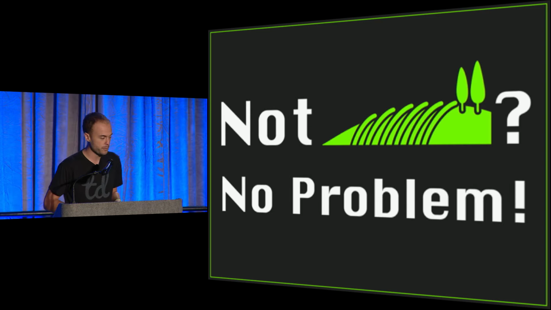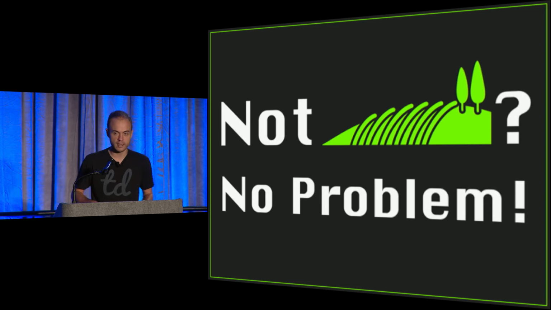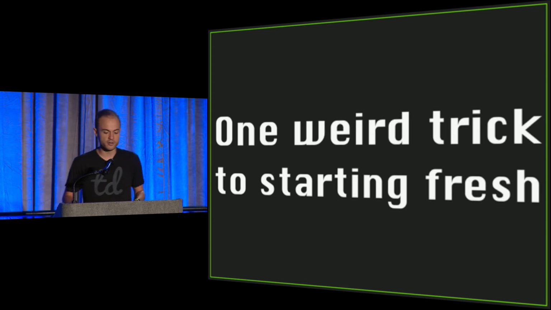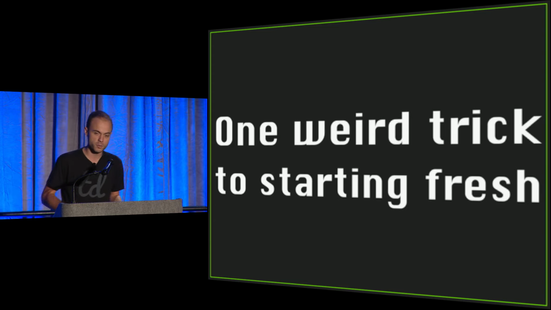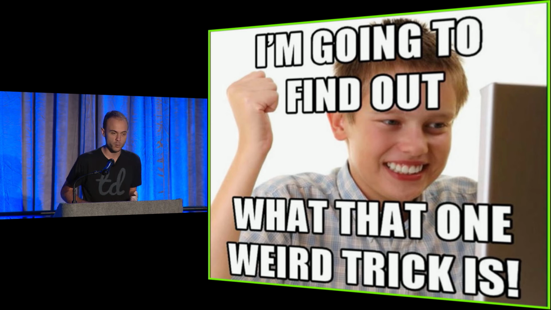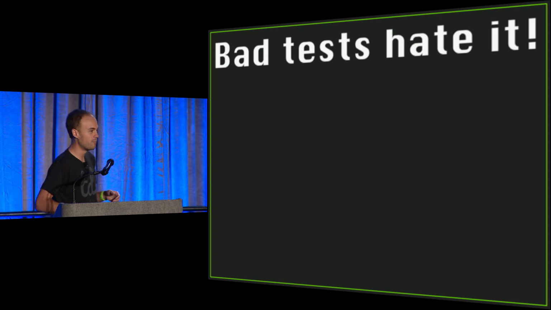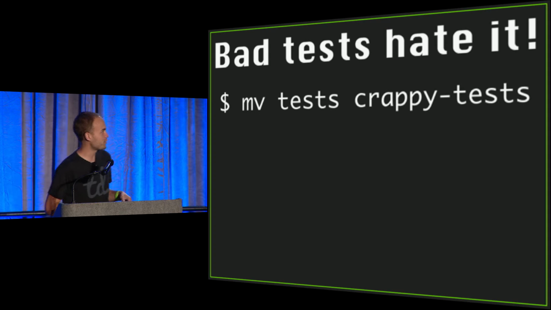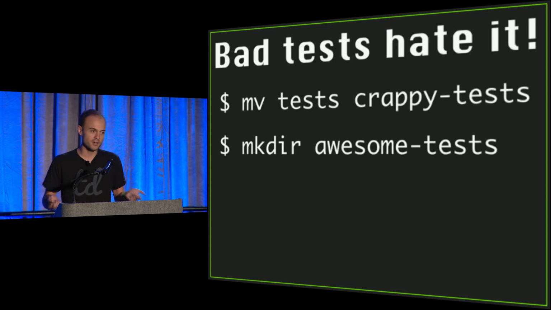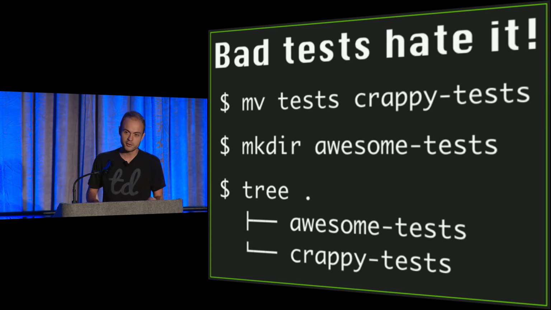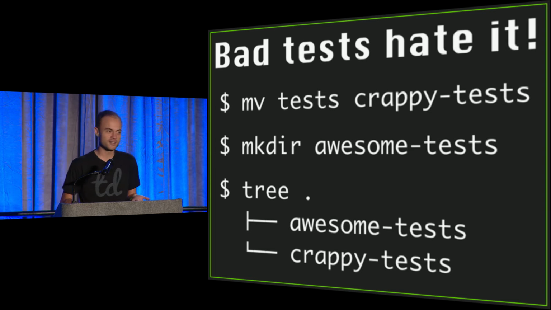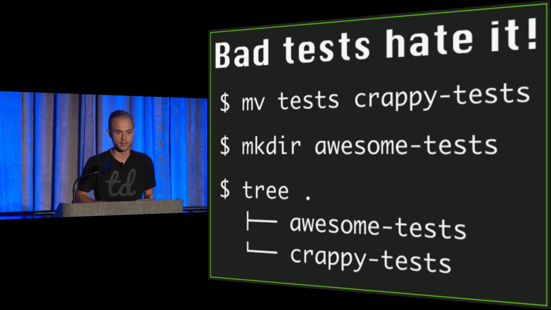And if you buckle down for a few months to focus on testing, that's just going to cause friction with that impedance mismatch. Now, I'm talking about prevention here, but if you're not a greenfield app, if you've got a lot of legacy code, that's not a problem. There's actually this weird trick to starting fresh with testing. That's right, you're going to find out what the weird trick is. Basically, you just move the directory into a new directory, and then you create another directory, and then you have 2 directories, some with good tests and then all of your old crappy tests. You can port them over as you make changes, and then eventually you'll be able to turn off the old crappy tests on your continuous integration.